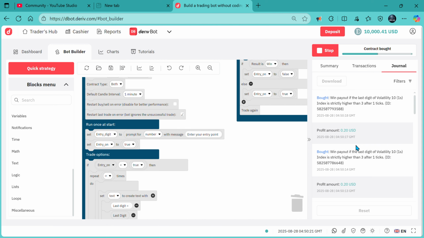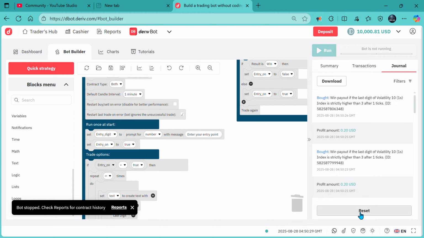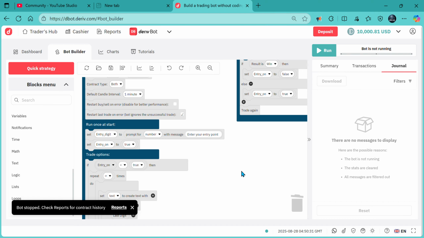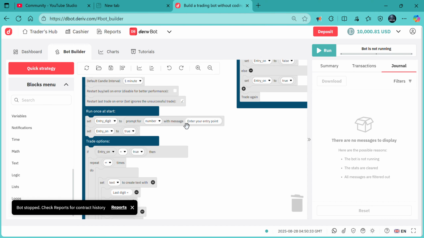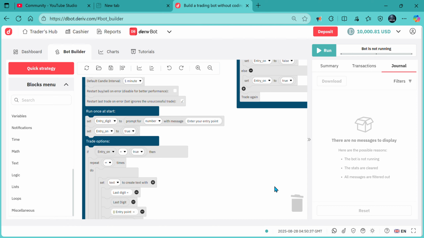And before I end the video, I'm gonna show you another form of entry point that you could probably use. So the entry point that we have used is a single digit. Like the entry point is fixed. If you have set to 1, then the bot will use 1 up to the time you stop and then start the bot again. So we're gonna change this one to a string,